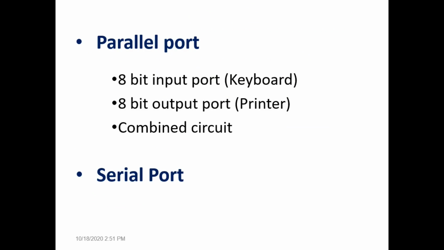So in this lengthy session we studied interface circuits. What are interface circuits, and what are the types of interface circuits? In the different categories of interface circuits, we studied parallel port and serial port interface circuits. In the parallel port interface circuits, we studied the input interface and output interface separately, and then their combination, a single interface circuit which has both input and output ports. In the serial interface circuit, we directly studied the combination, that is, input as well as output. So this is about interface circuits.